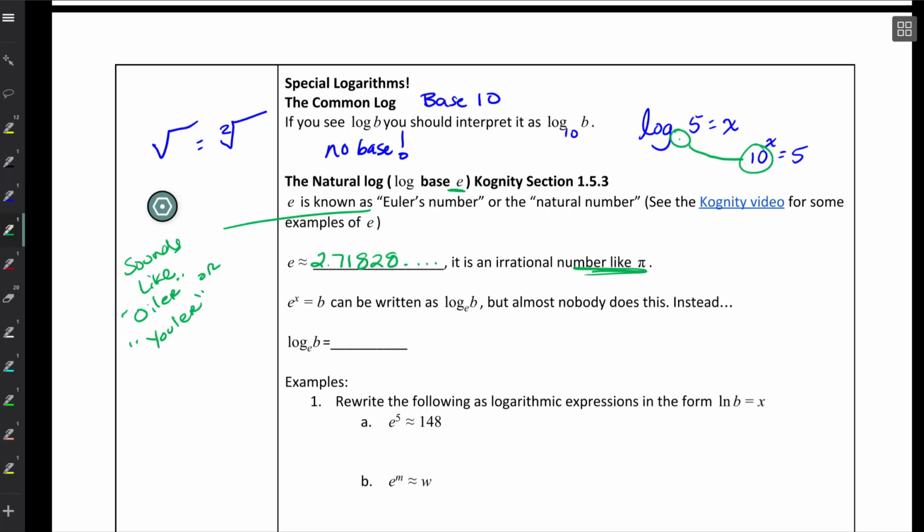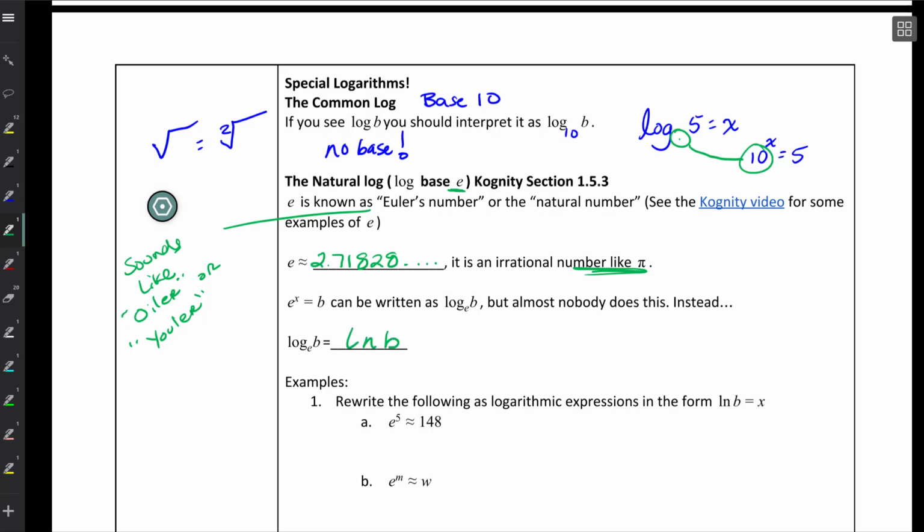So this is a super important number, and it's found in nature, in naturally occurring phenomena all the time. It can be a really, really good model, so we like this number e. We say that e to the x can be rewritten as log base e of b. The thing is, we don't ever use this. What we do instead of log base e of b, we will say